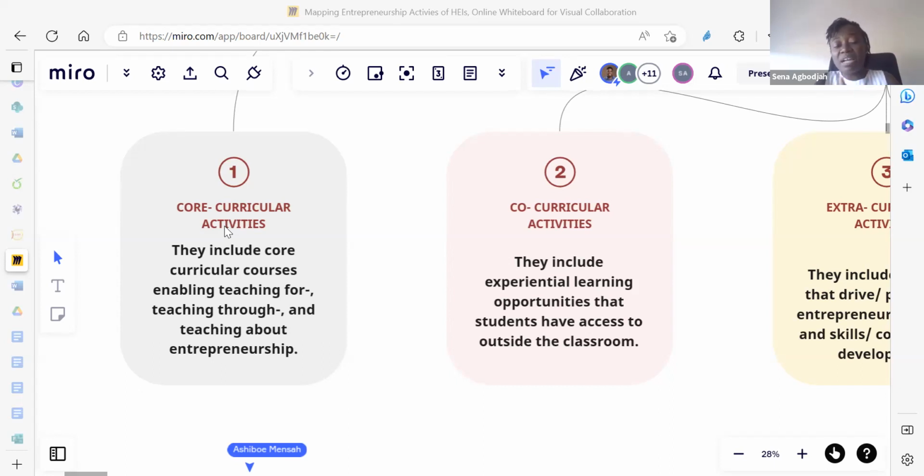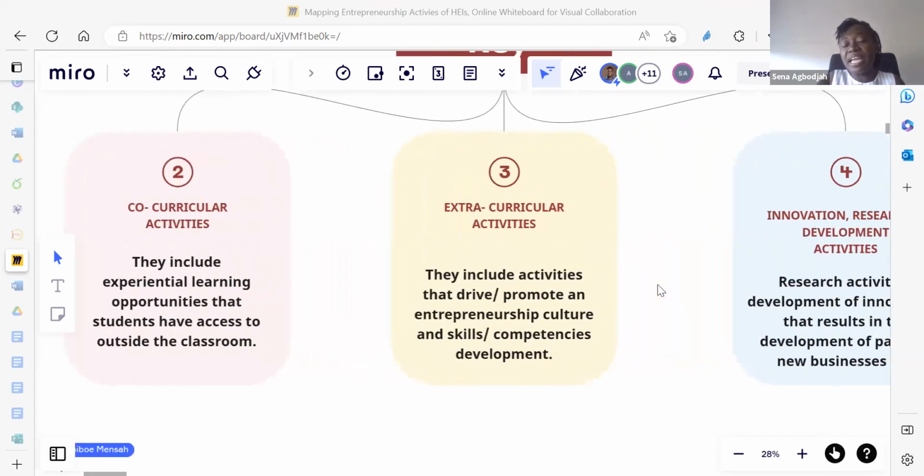But note that these are not core curricula. They are not courses per se, but they help us to really define and explain what to do. So those are core curricular activities.